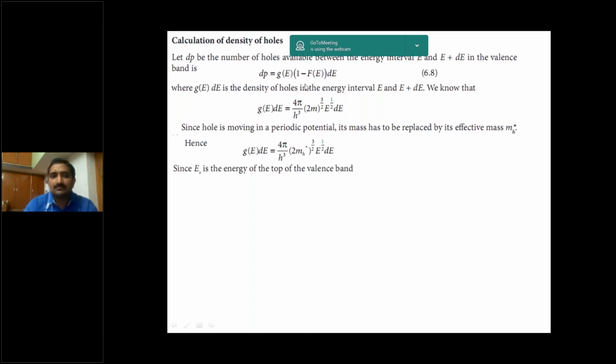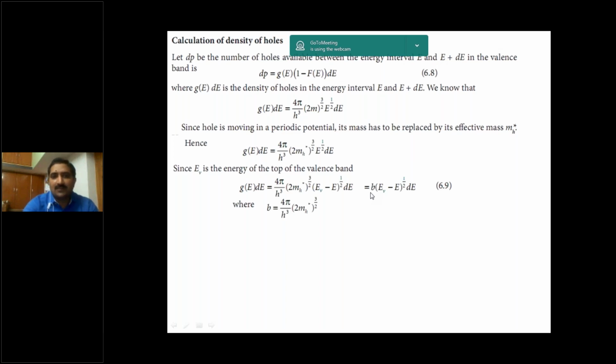So here, in the previous case the energy E is replaced with E minus EC. What is EC? The lowest conduction band energy level. Here the E is replaced with EV minus E. Why? Because here EV is the topmost energy of the valency band. So here same also. In the previous case we took the constant as A. Here we are taking the constant as B. So the above equation becomes as,